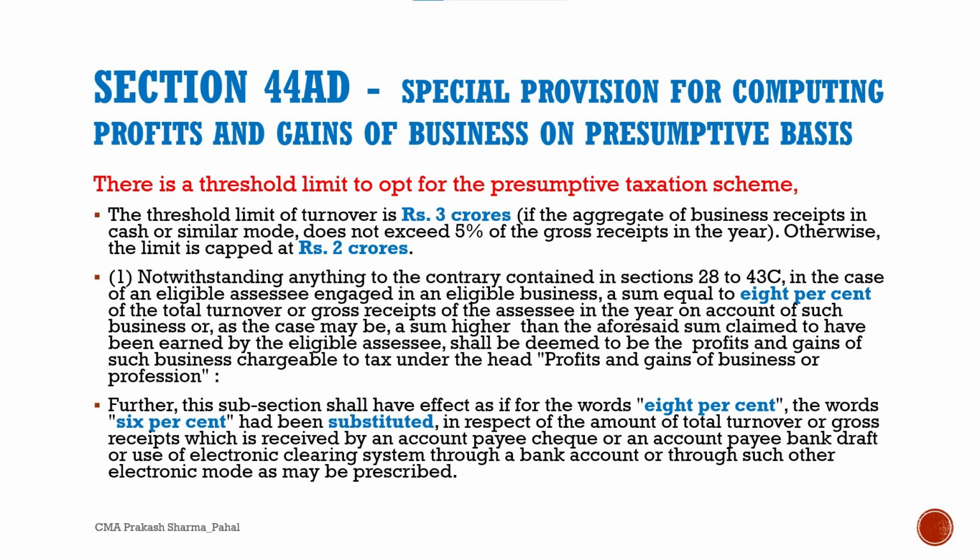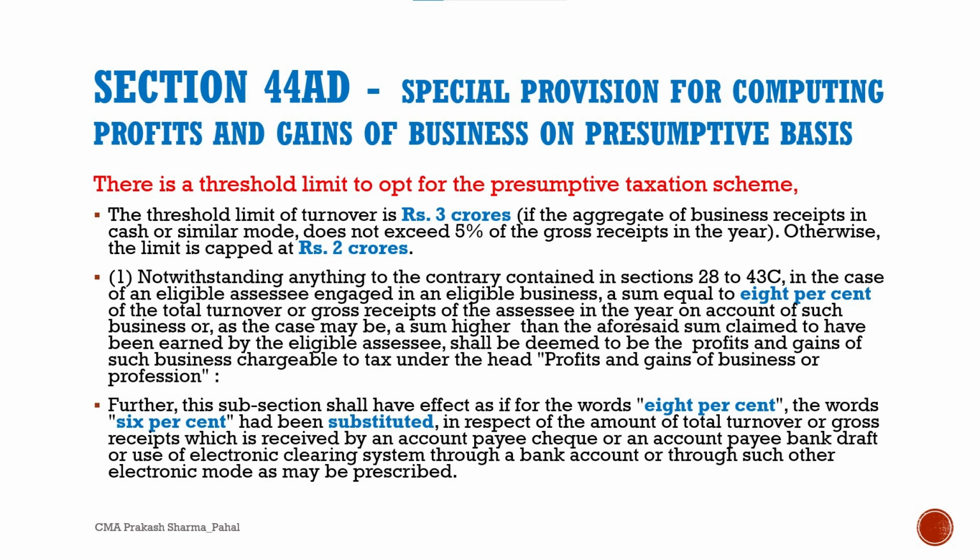The threshold limit of turnover is rupees 3 crore if the aggregate of business receipts in cash or similar mode does not exceed 5% of the gross receipts in the year. Otherwise, the limit is capped at rupees 2 crores. Subsection 1. Notwithstanding anything to the contrary contained in sections 28 to 43C, in the case of an eligible assessee engaged in an eligible business,